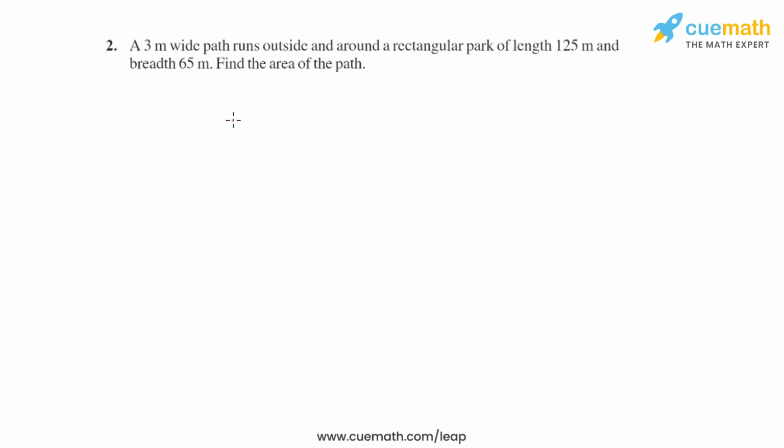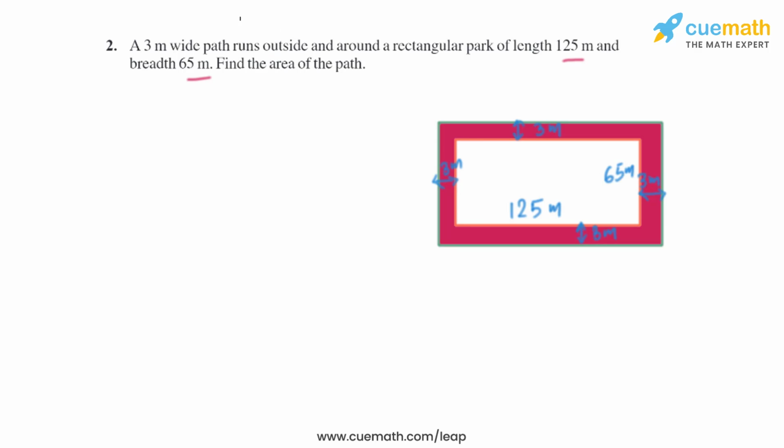Question 2 of this exercise says a 3-meter wide path runs outside and around a rectangular park of length 125 meter and breadth 65 meter. Find the area of the path. So the width of the path is uniform and it is around a rectangular park of 125 meter length and